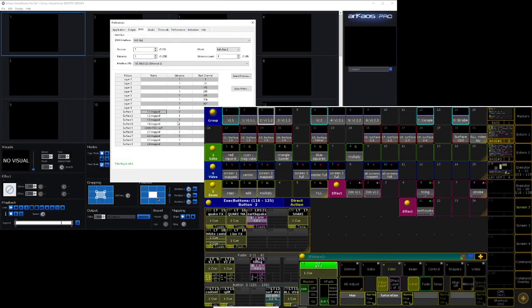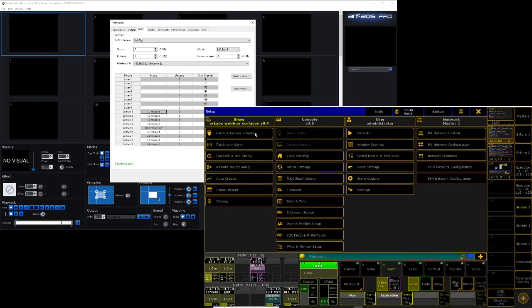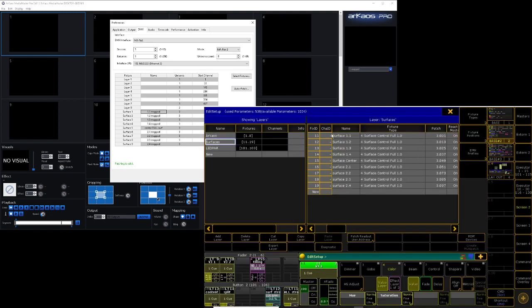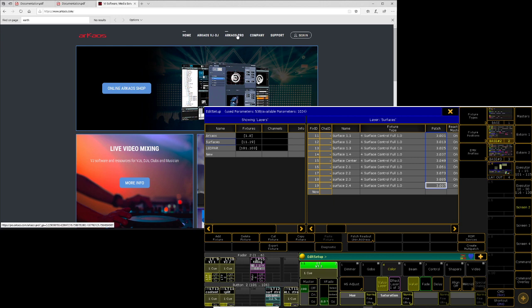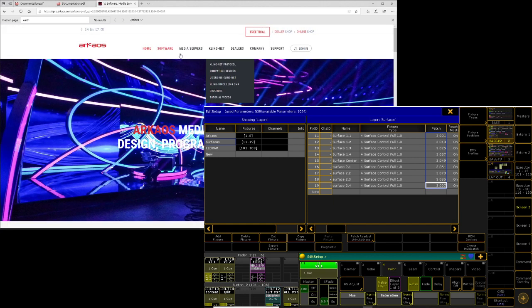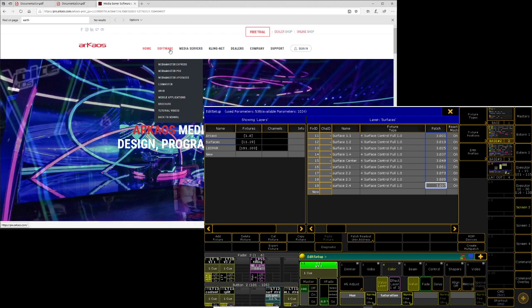I'll have a quick switch to Grand MA, and in Grand MA I already prepped these surfaces, and this is a surface control 1.0 and the same DMX addresses. If the DMX profile is not in your library yet, I think on MA it is right now or not? It is not yet implemented. So you have several solutions. Either for MA you go on the MA share and you find it. There is also a version on our website. So if you go MediaMaster Pro,